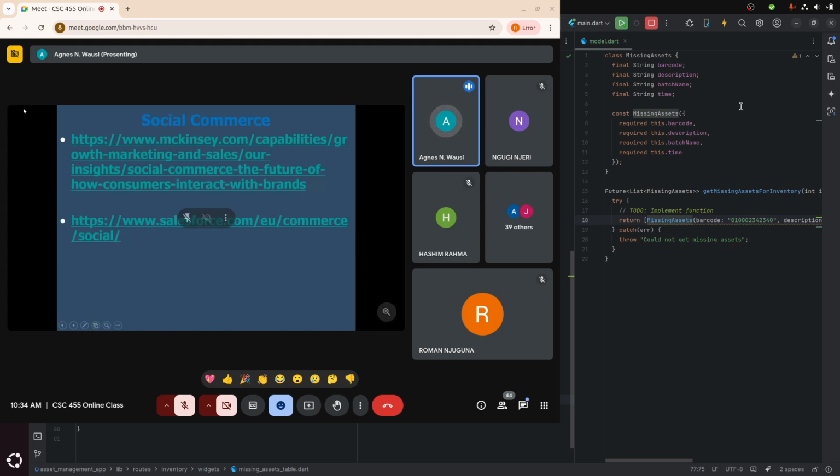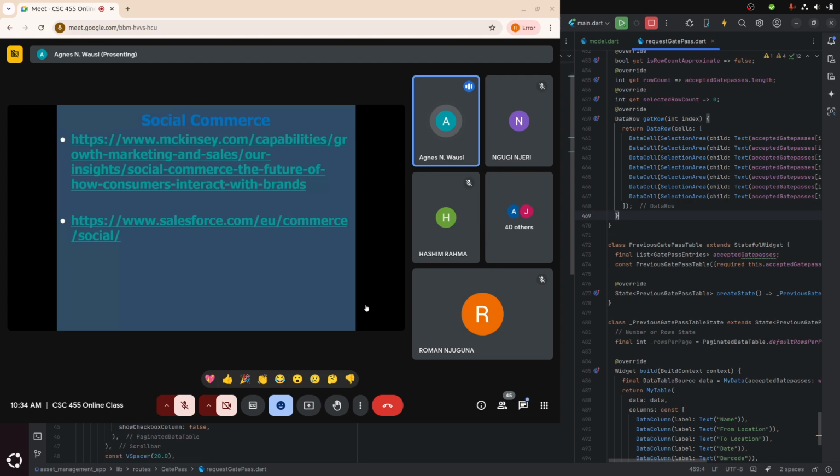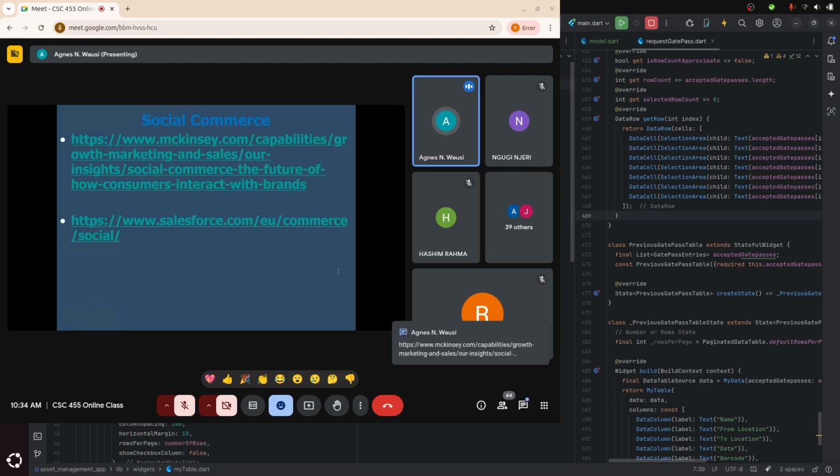So we come now to social commerce. It's an emerging concept, and I want us to take about 3 to 4 minutes just to check out what those articles are saying. I know we have experience, like what Jerry was talking about, which was actually inbuilt social commerce within the WhatsApp platform.